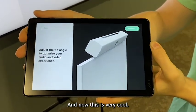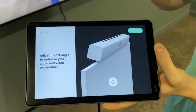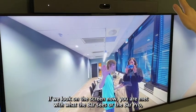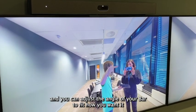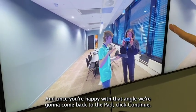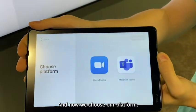And now this is very cool. Because this was the first setup and you went through the mounting guides, if we look on the screen now, you're met with what the Bar sees, or the Bar Pro. And you can adjust the angle of your Bar to fit how you want it to sit in your meeting room before we do anything else. And once you're happy with that angle, we're going to come back to the pad, click continue,